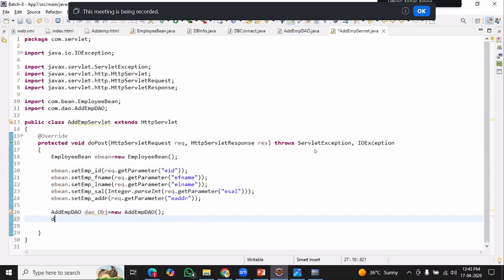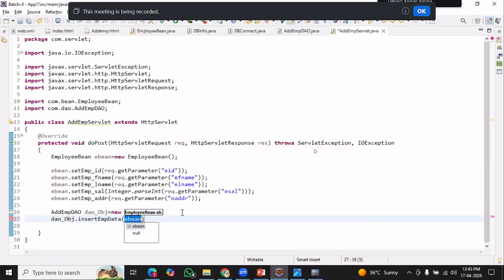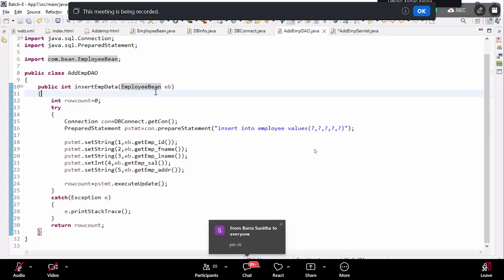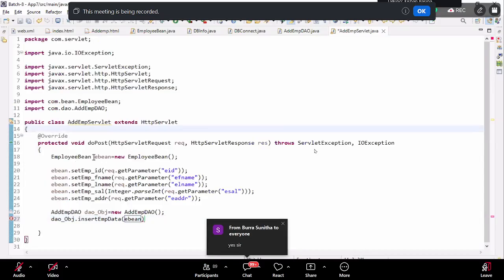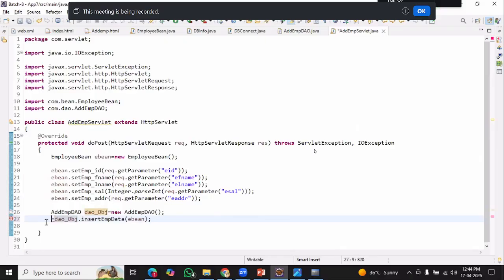Now DAO OBJ dot, I'm going to call insert EMP data. Now this method is a parameterized method. We need to pass the object. Which object we need to pass? Employee bean. I already created a bean class. That's exactly what I'm trying to pass. That's it. Now, what is the return type for that method? Int,